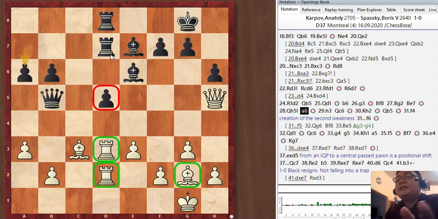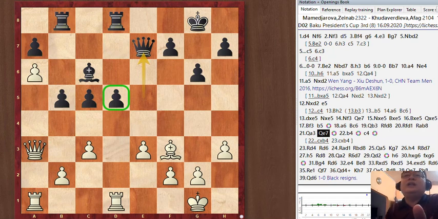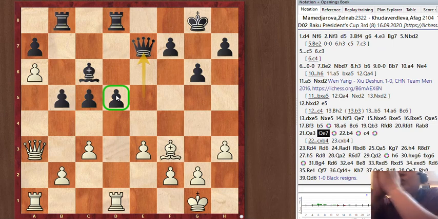And in the second game, illustrating another one, how to deal with this kind of situation and making this pawn either isolated or a backward pawn. In this kind of position, in the game of Mamedjarova versus Kudaverdieva, it exemplifies now that in order for that pawn to be under attack or be a sort of a weakness,